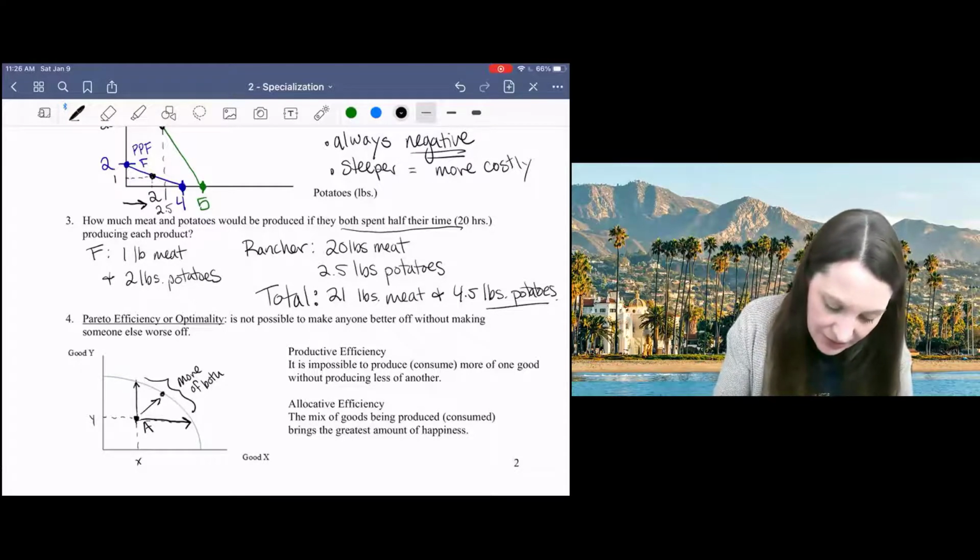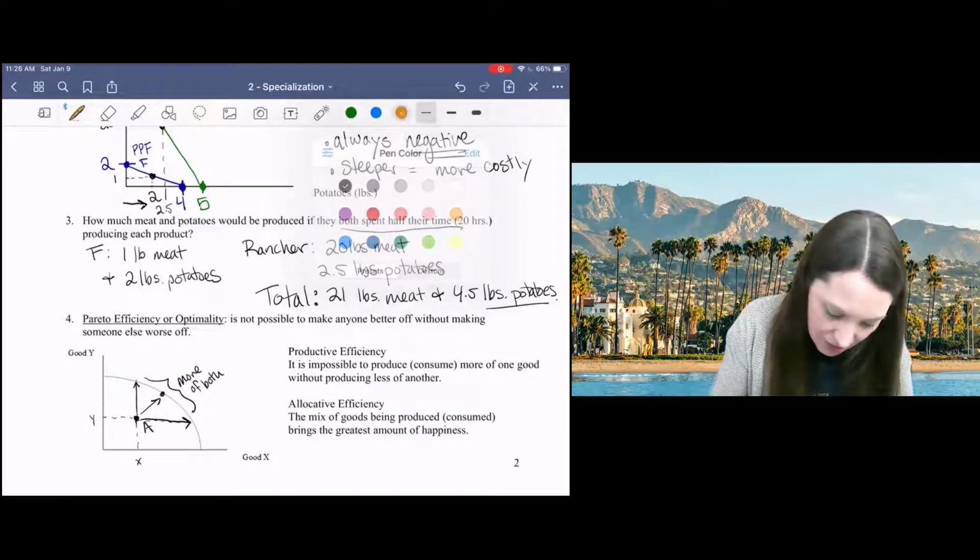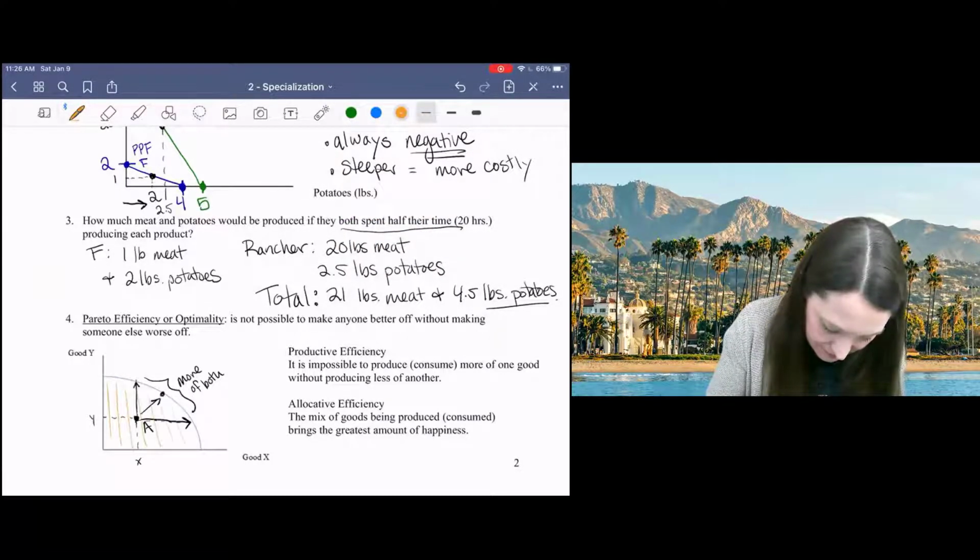Points below the production possibility frontier are inefficient,